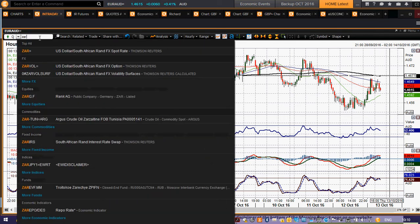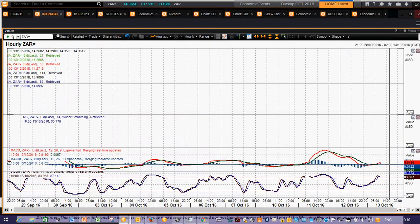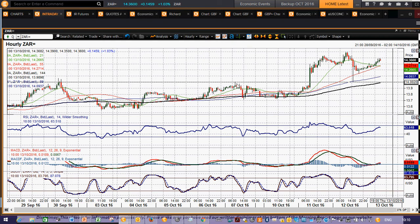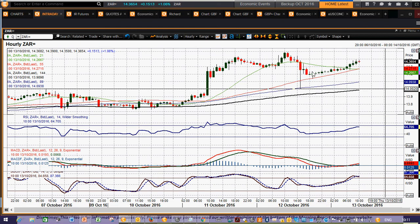Now dollar rand dipped back yesterday, held the support of the breakout, and it started to move higher again. I think look at that, interesting. Old resistance becomes new support on the little corrective move yesterday, rallied, and it's still continuing higher. I think we're going to get a retest of this